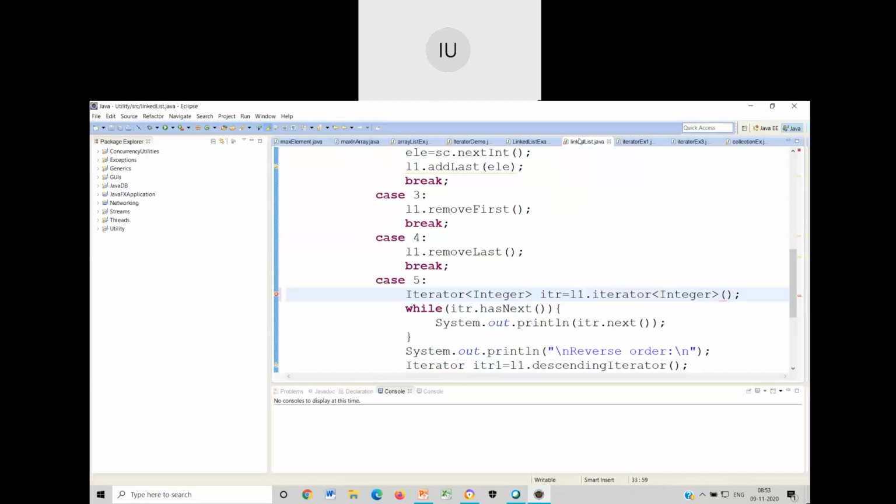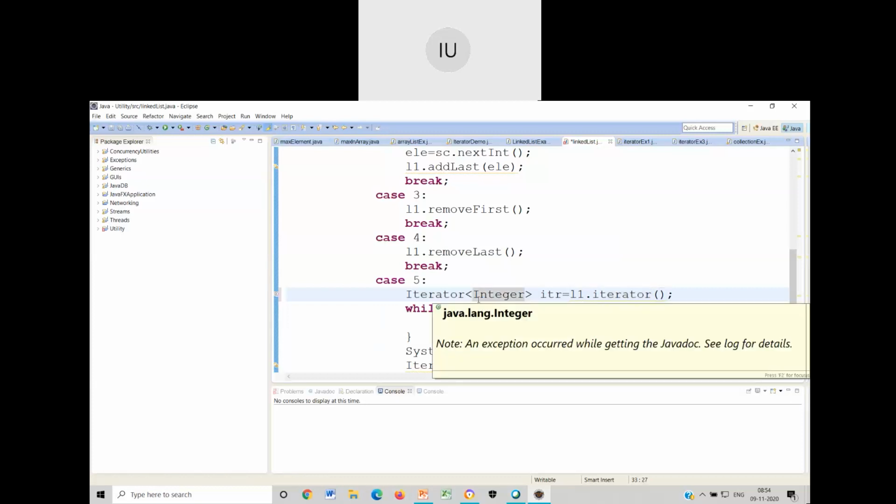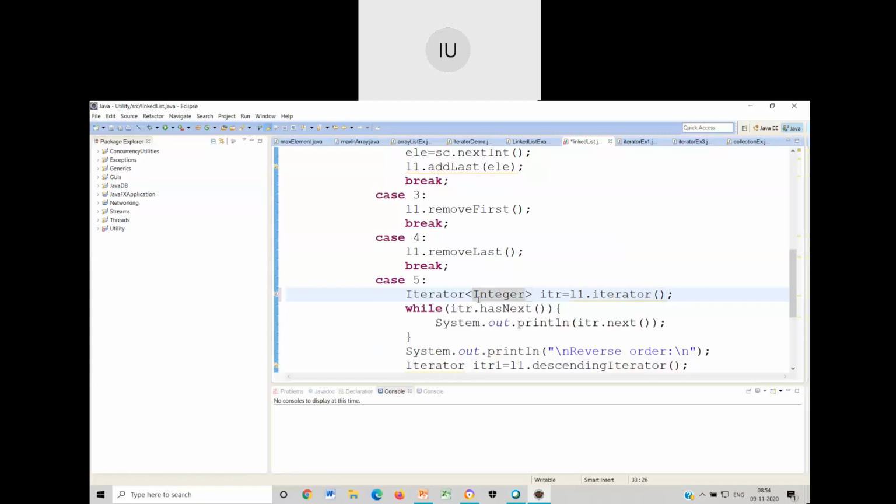Definitely I have not written over here. This writing in iterator is not preferred. Just give attention at this point. It is giving me a syntax error because only once, if you mention the iterator on the left hand side, it is more than sufficient. On the left hand side, if you mention the data type, it is more than sufficient. Even on the right hand side, this is not preferred.